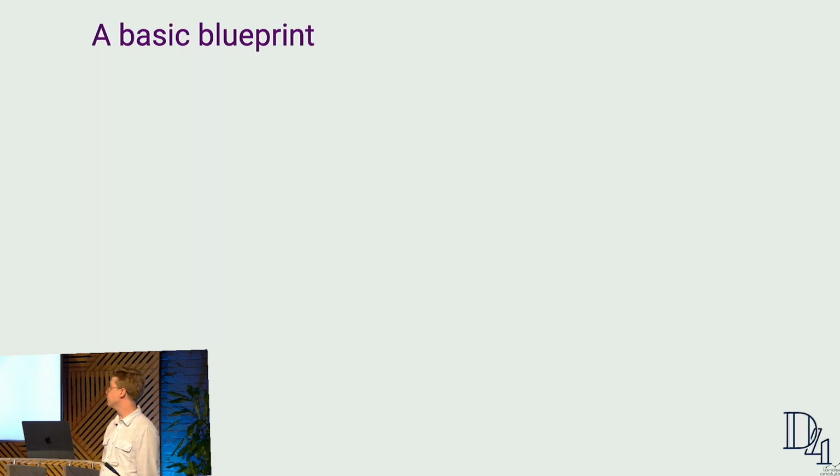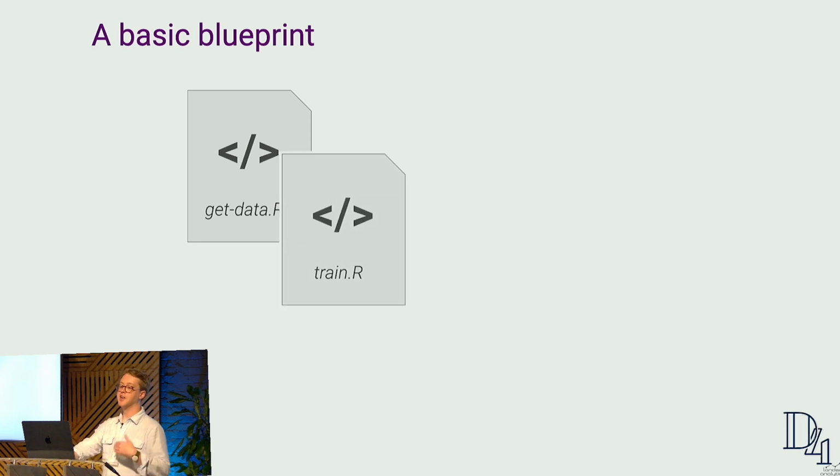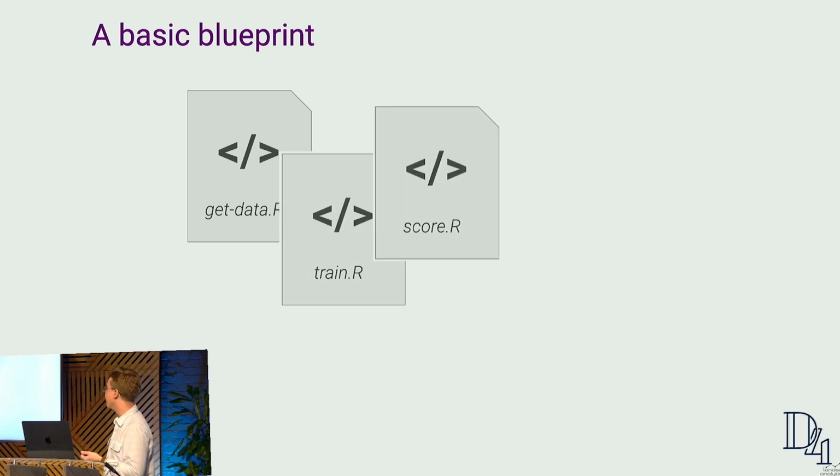So I'll give you a basic blueprint as to how you can do this with GitHub Actions. First, instead of just having one script, structure this in a little more formal way. One way to do this is to have a few different scripts. You can imagine one of my early steps, getting data, would be one script. Another one would be training. Another one would be scoring and making those predictions. Now this is really up to you as to how you like to structure your project. And Jared mentioned a great thing in the last talk, targets, which I'll talk about in a moment. But generally, you want to have a more decoupled approach to your project.